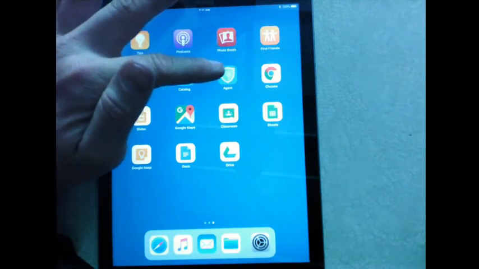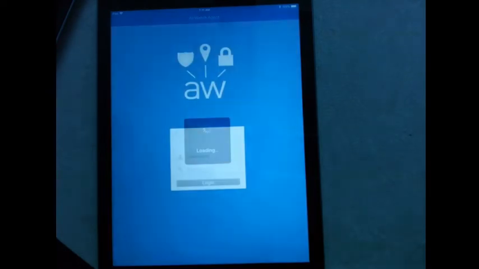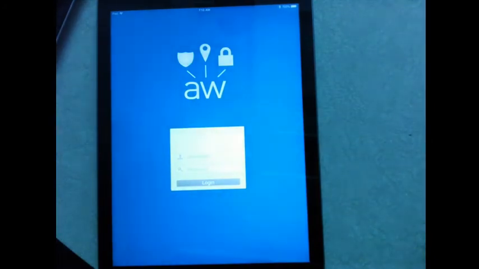And that app, if you launch it, is going to ask you to sign in with a username and password. Any TDSB staff member can put in their employee number and password here, and it will effectively unlock and take away all the restrictions on the device. So if you have an iPad now that's in AirWatch, and because you all said at the beginning of this chat that none of you had heard of AirWatch, or you'd heard of it but didn't really know too much about it, I'm under the impression that you probably do have a few of these AirWatch iPads in your school, and you may have noticed, what the heck is going on? There's no App Store. I can't do anything with this iPad.